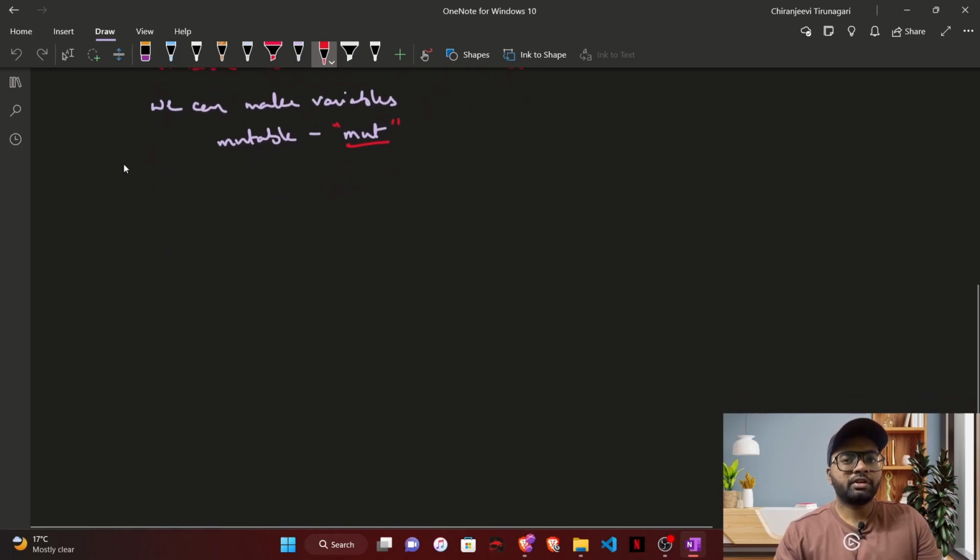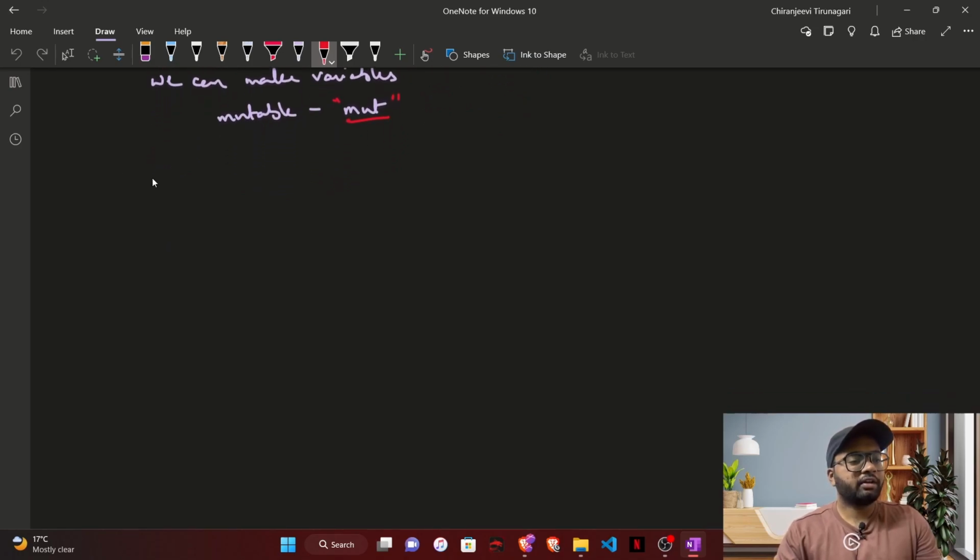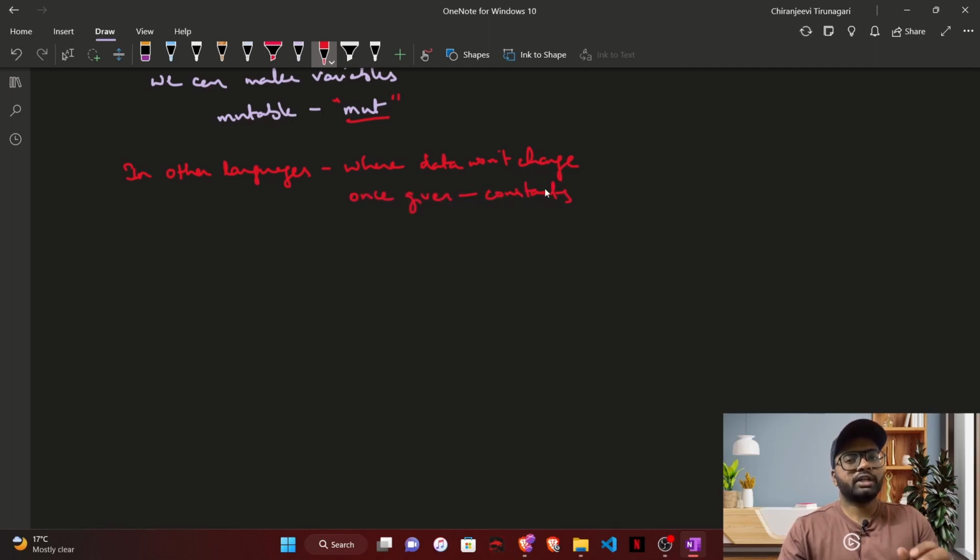In most programming languages, when we are trying to store some data which is coming from the user or from some API response, which is not going to change anywhere else in the program, we use constants. In other languages, where data won't change once given, we use constants. This includes any user input or any API response which is not going to change somewhere else in the program. But in Rust